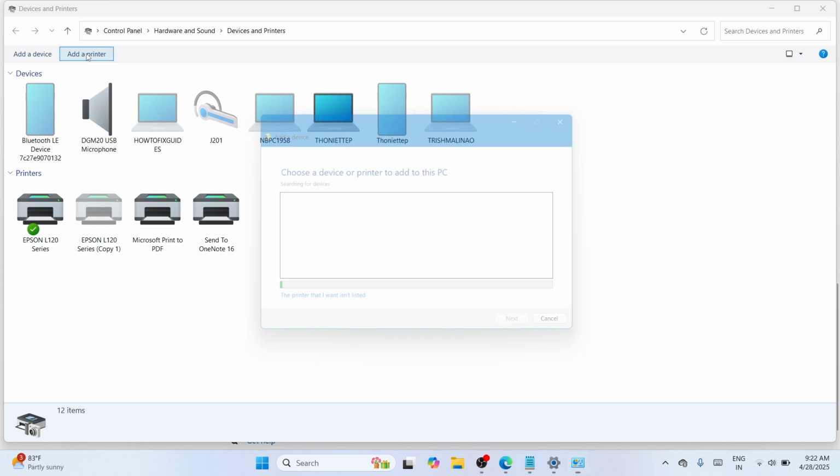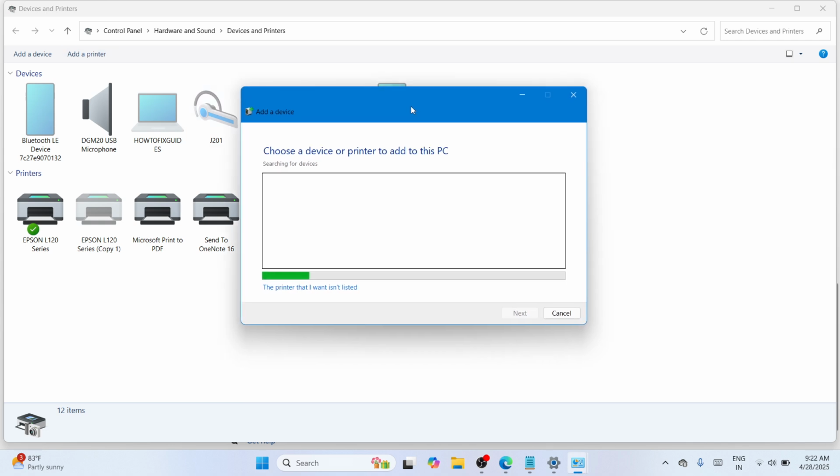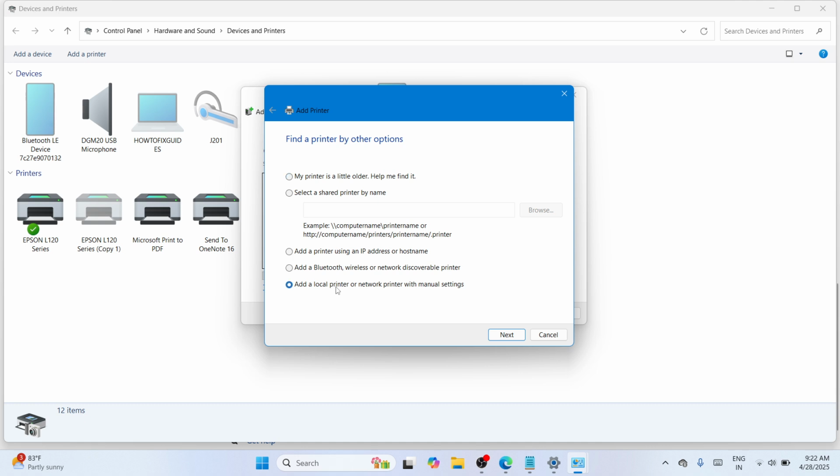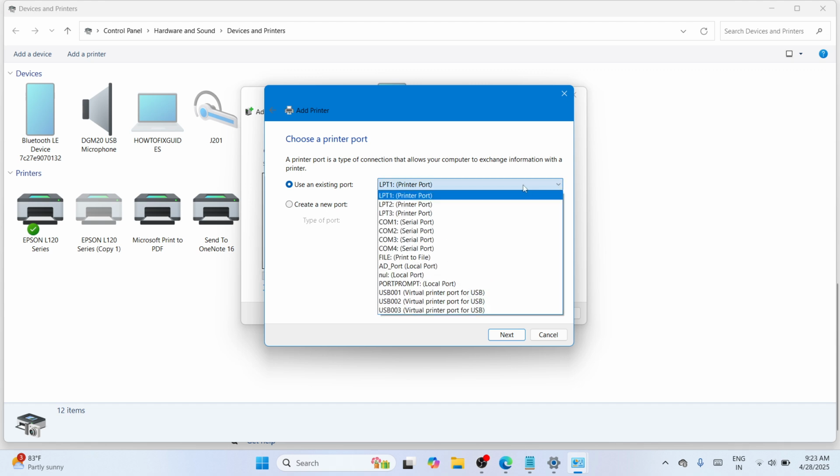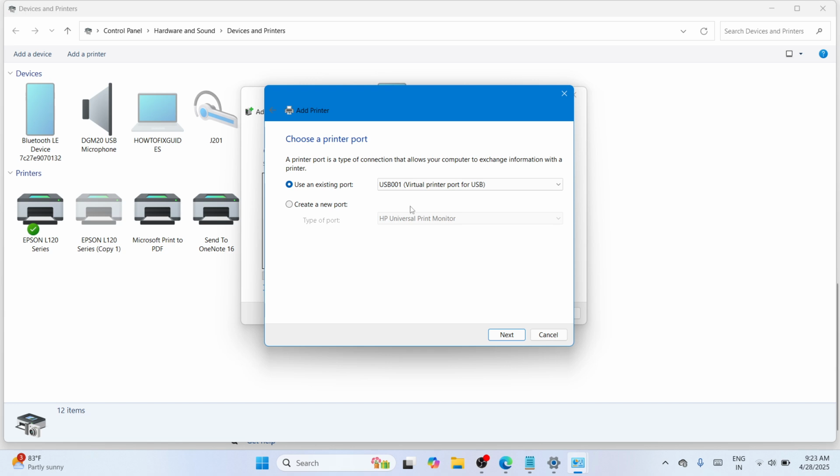Please tap on it. And the moment you do it, this window would show up, and proceed at the bottom where you can see there the printer that I want isn't listed. So here, all you need to do is choose add a local printer or network printer with manual settings and go with next. And if it asks you to choose a printer port, hit this down arrow key and choose among these USB ports. It could be 001, 002, or 003. In my case, I'll be using USB 001. Once you're good, please click on next